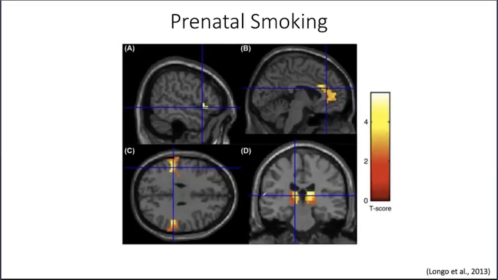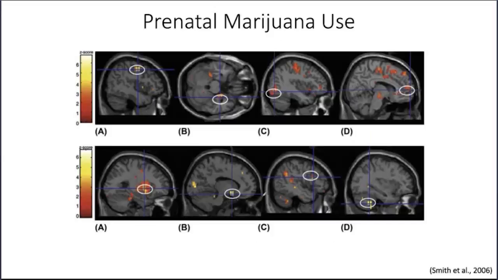Before ending this part, I'm going to show you 2 slides regarding the effect of marijuana use on prenatal brain development, and also the effect of prenatal smoking on the brain. When you see these slides, the first slide and the second slide, if I just show you these figures in something like a scientific presentation, talking about, okay, if you use pot, if you use cannabis, that cannabis use could make a significant impact on your kid's brain, and this is how your kid's brain would be on fire